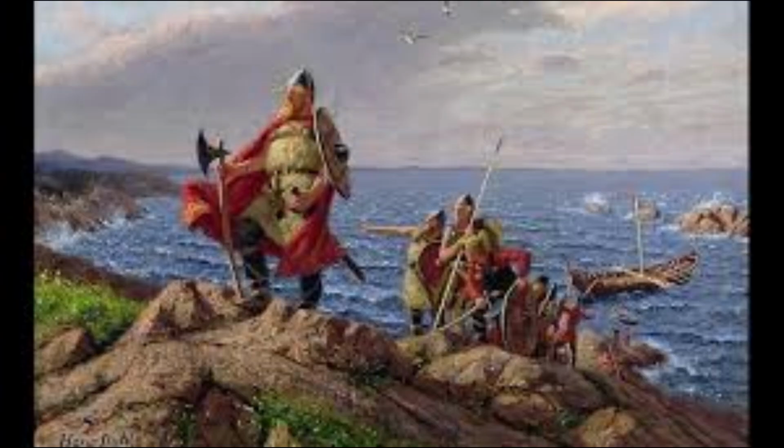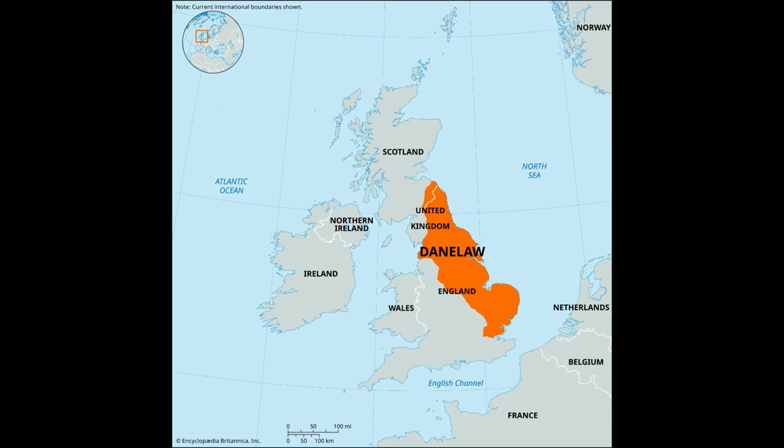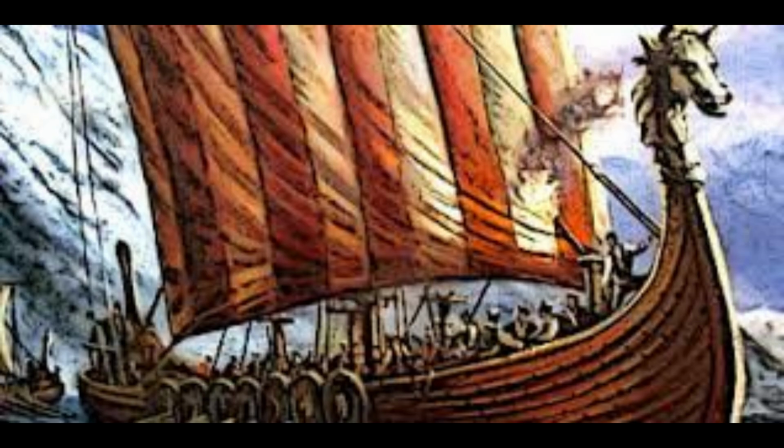And now we're going to get to the Viking invasions. The Vikings turned up and they established the territories known as the Danelaw, and this is pretty much where it was just Danish law. It was just kind of Danish. And then the King of Wessex actually stopped the Vikings getting any further into England.